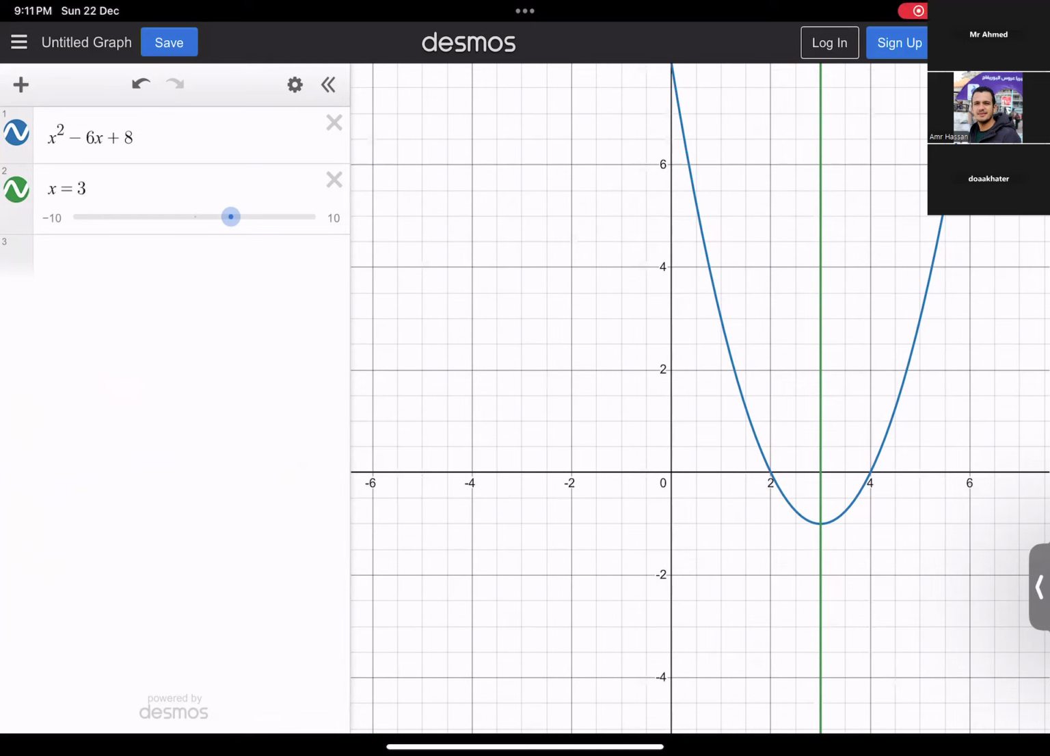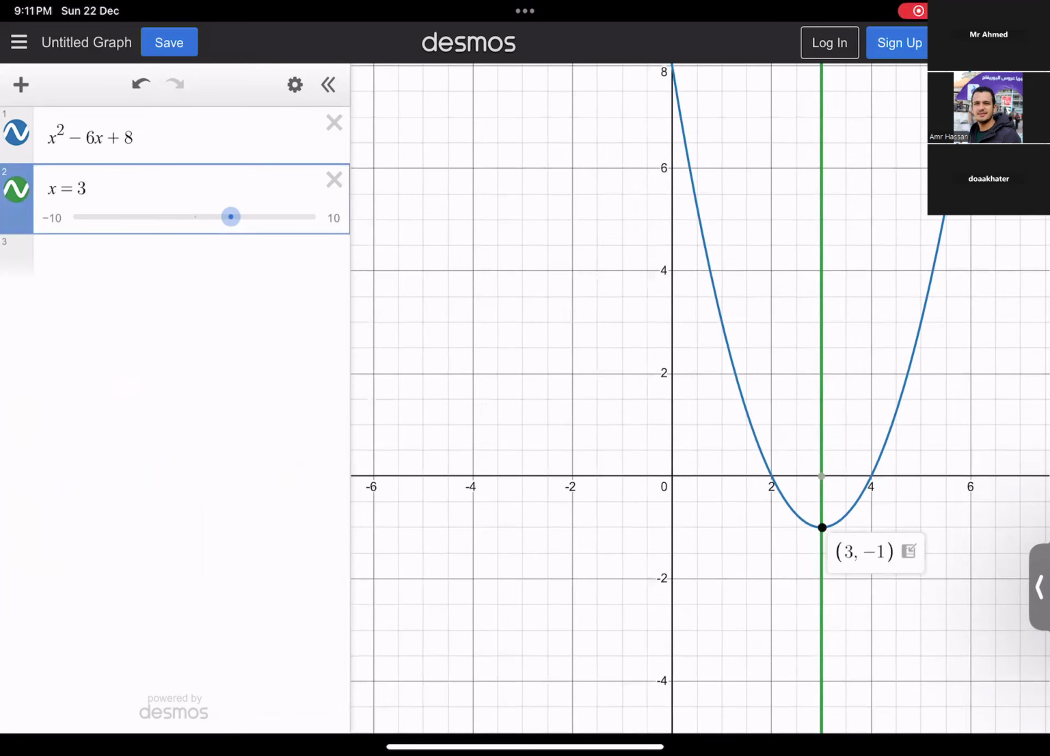Yeah. So remember that whenever we get this ordered pair, 3 and negative 1, that 3 is the equation of the axis of symmetry. So if he asks you, what is the equation of the axis of symmetry? Remember that you have to tell him x equals 3. Remember, the equation of the axis of symmetry is always x, not y. And if you ask me to try to determine